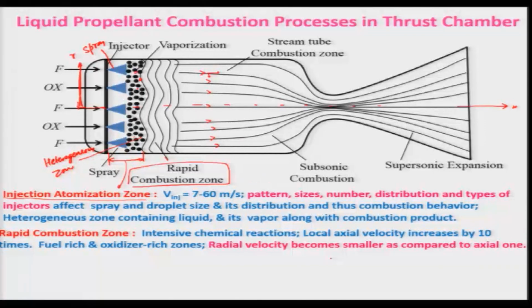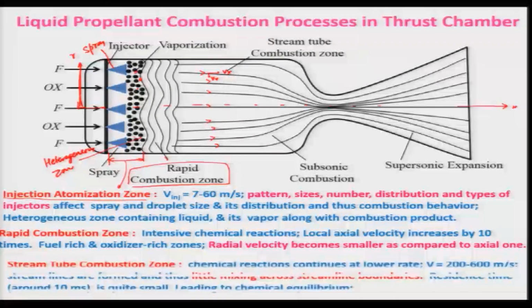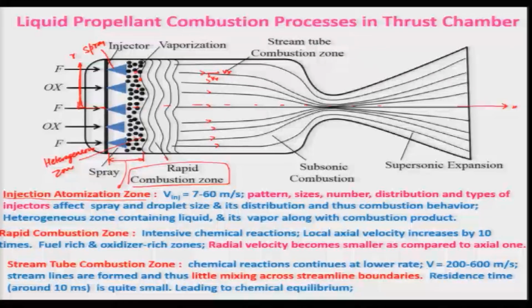So, the radial component is this, your V r, and this is your V x. V r becomes very small as compared to the axial one, particularly in the steam tube combustion zone, and also in the case of the rapid combustion zone. In the steam tube combustion zone, the chemical reaction might be